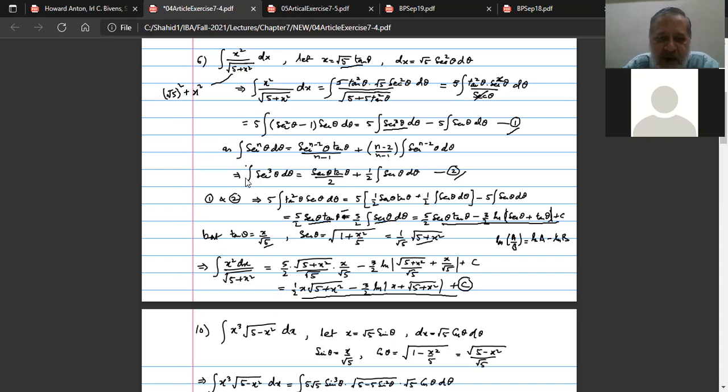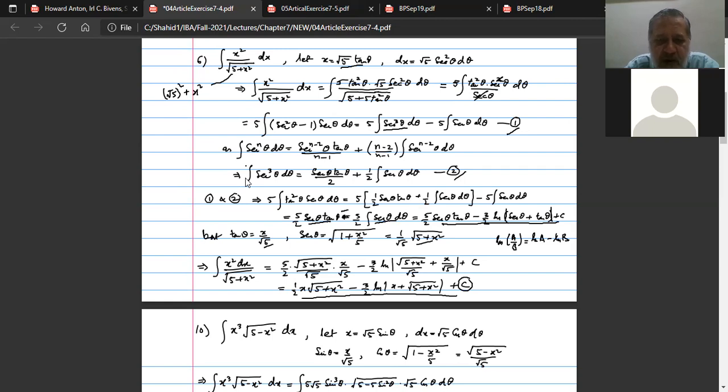We'll keep secant theta as it is and replace tangent square by secant square minus 1 using another trigonometric identity. And that will turn into two integrals, one in which secant is power 3, secant into secant square, one in which secant is alone. And then for power 3, using the reduction formula, we can solve this. So we have n is equal to 3. So in this formula, putting n as 3, we wrote the result,